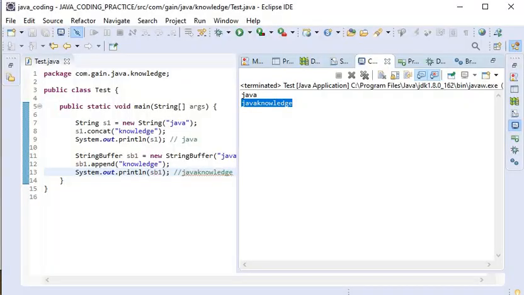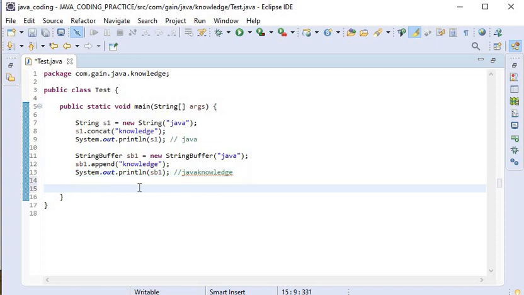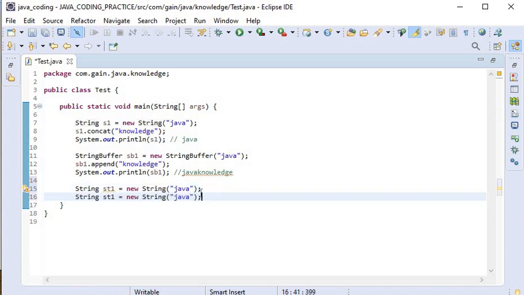So here we will write the code and check it. I have created String st1 is equal to new String Java, and here I have created one more object with the same content, st2.